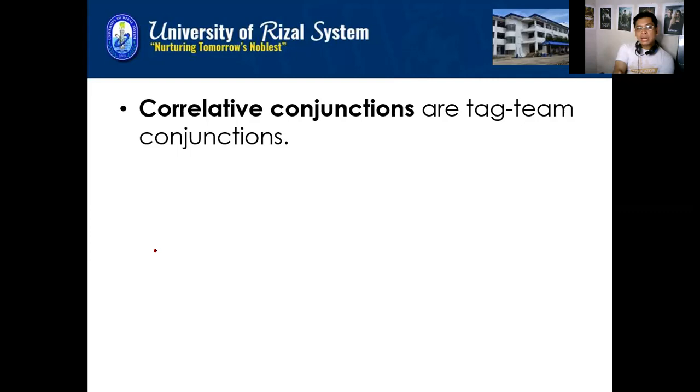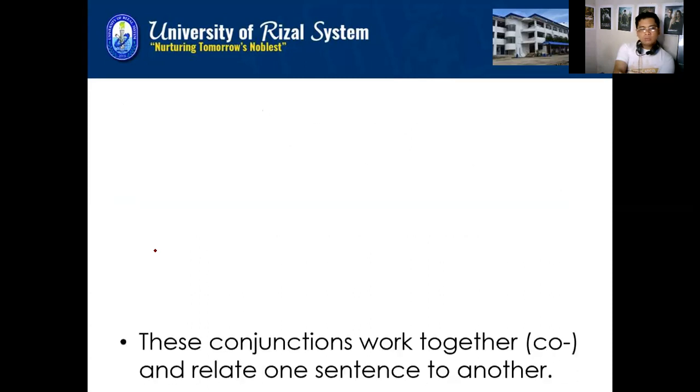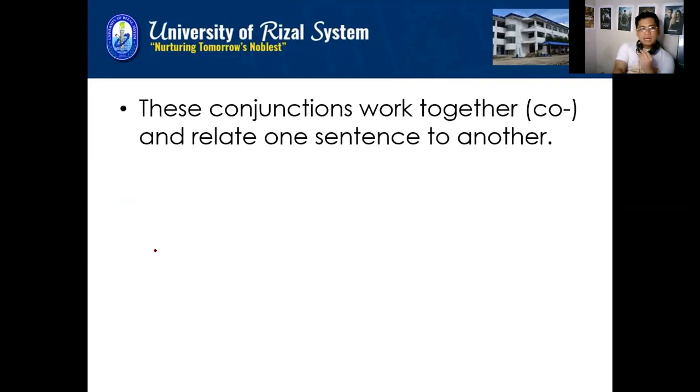Correlative conjunctions are tagged conjunctions, meaning to say there are two or more words joined together which function as a coordinator or function as a conjunction. So they come in pairs and you have to use both of them in different places in a sentence to make them work. So for examples,